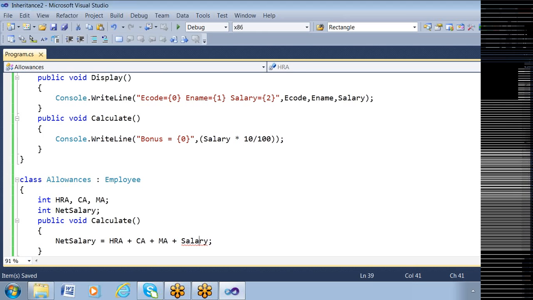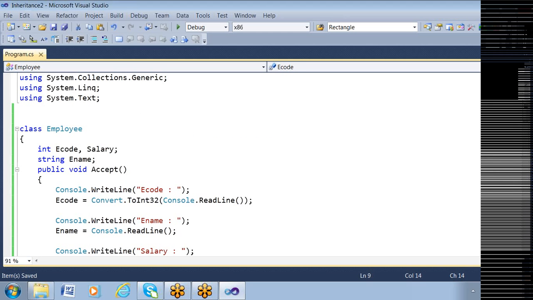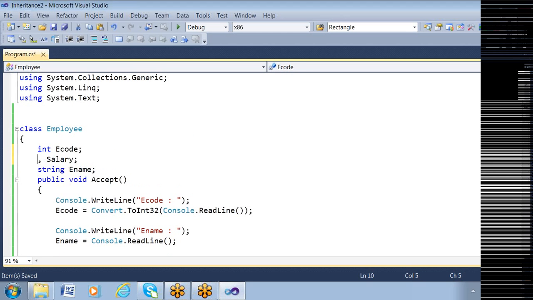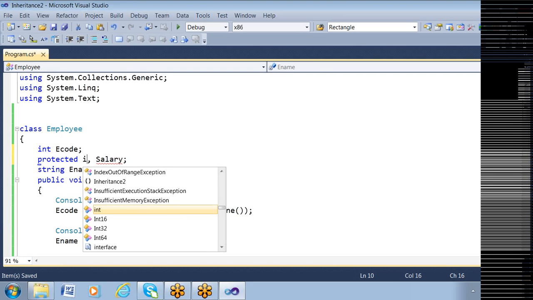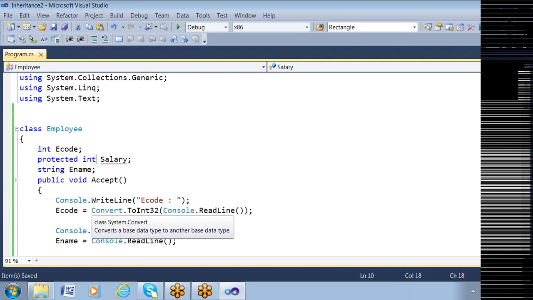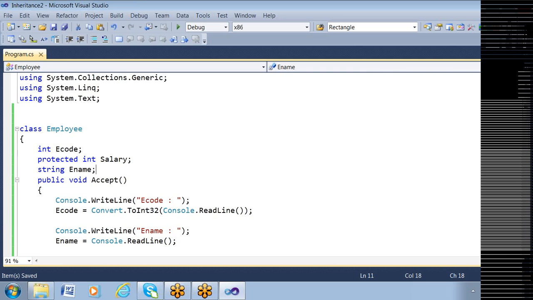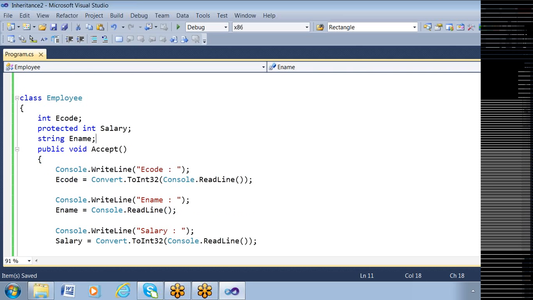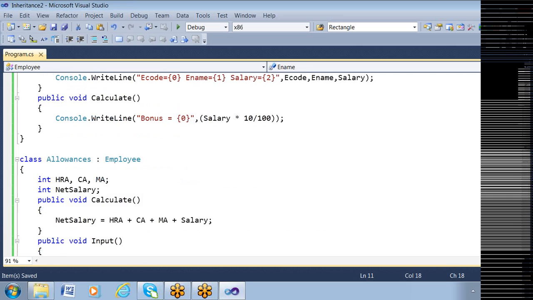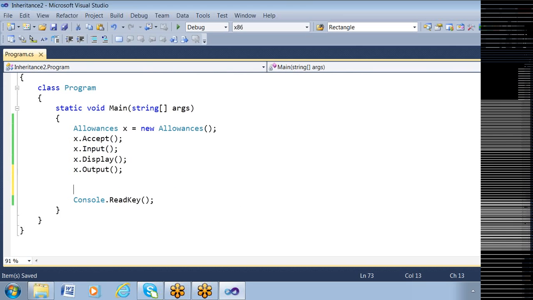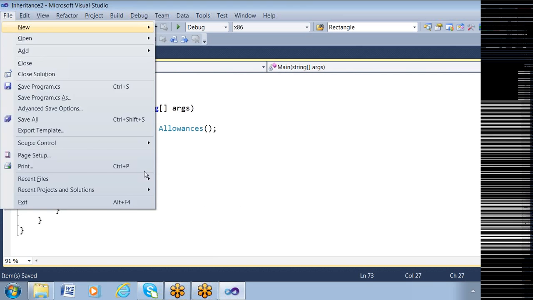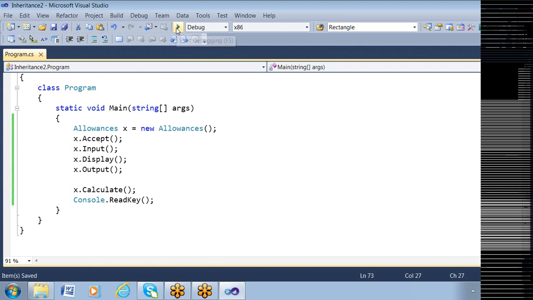So how do I solve this problem? How can I access salary of the employee class in allowances? Very simple. You can make this variable protected. So when I say protected int salary, now I don't see that problem. But interestingly, we now have two calculate functions. If I'm in the main function and I say x dot calculate, which function will it call? So if I run the code,